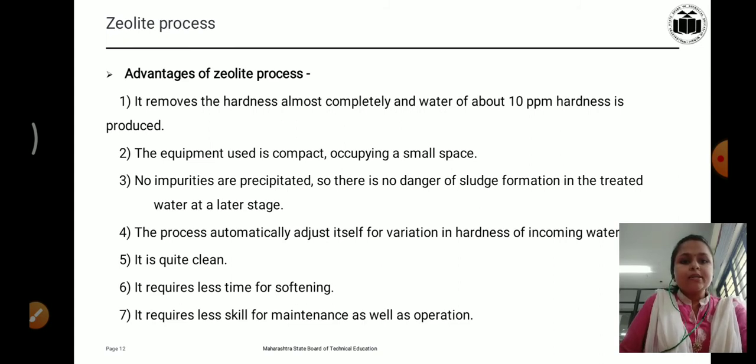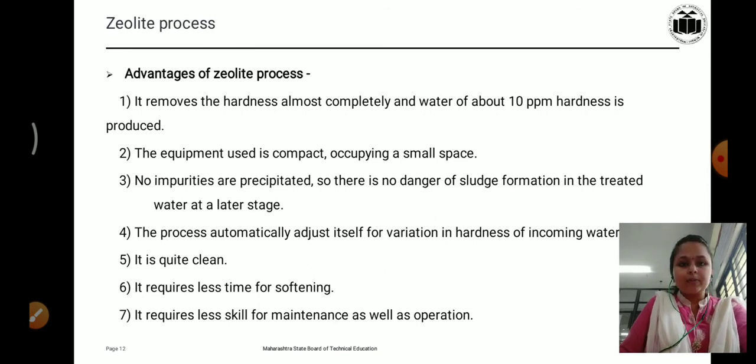Advantages of the zeolite process are that it removes hardness almost completely, and water of about 10 ppm hardness is produced. The equipment used in the zeolite process is compact and requires very little space. No impurities are precipitated in this process, so there is no danger of sludge formation in the treated water at a later stage. The process automatically adjusts itself for variation in hardness of incoming water. It is quite clean, requires less time for softening, and requires less skill for maintenance as well